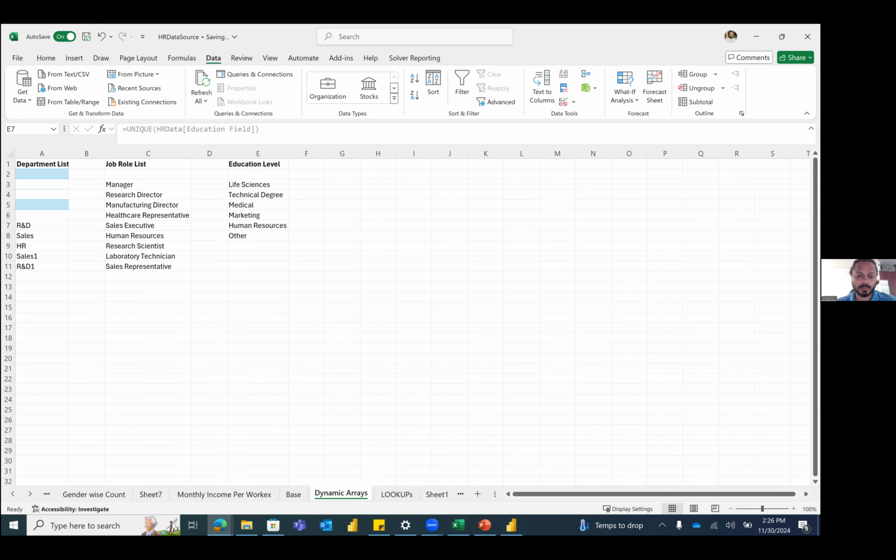Any questions? It will work only when this table is in the table format, dynamic. Okay. So whenever you're working on data in Excel, it's the best practice that you convert that data